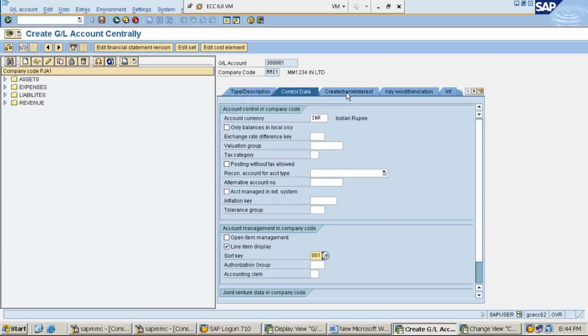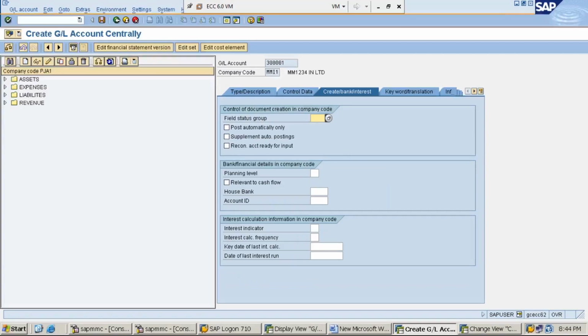Click on the create/bank/interest tab. That is the third tab. Field status group. Do we remember the terminology field status group?